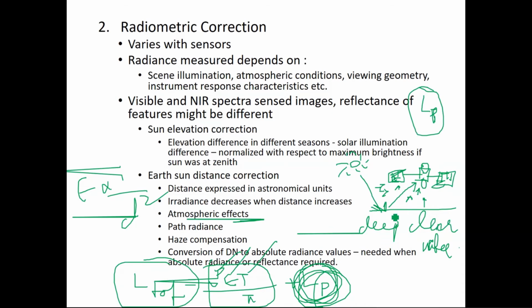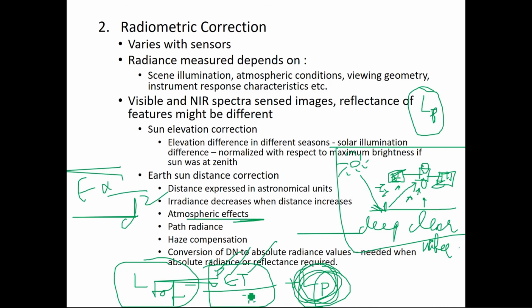Yes or no? So that means for all the data collected by the satellite from that particular area, there is some atmospheric scattering or extra path radiance that is absorbed by the satellite. This is how you calibrate it. If you look at deep clear water, there is no reflectance. The reflectance is zero.